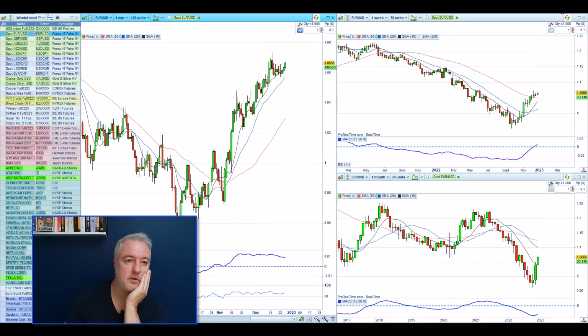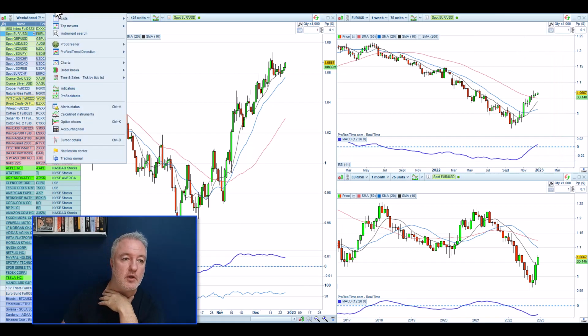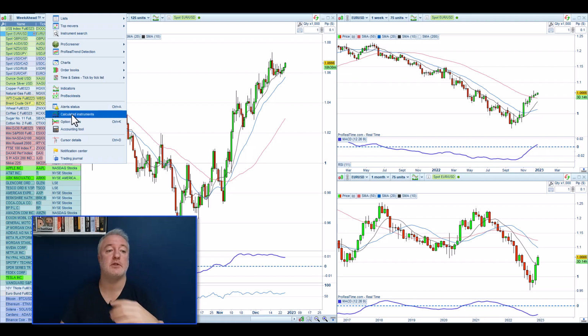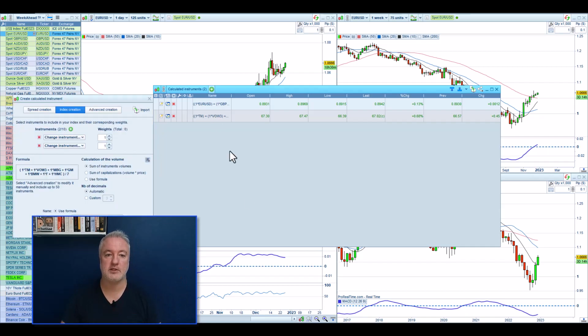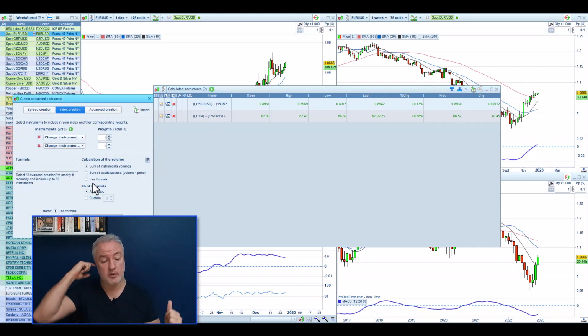Just for the purposes of demonstrating this first feature, which I love so much, I'm going to go through the ability to create a calculated instrument. A calculated instrument allows me to create an index. If I want to create a fresh one, let's say I want to see how the euro pairs have performed as a whole. As a trader, if you want to trade any of the euro crosses